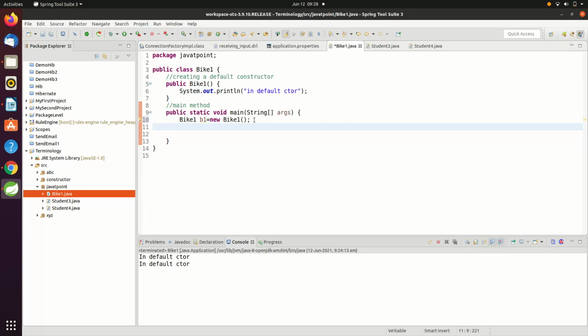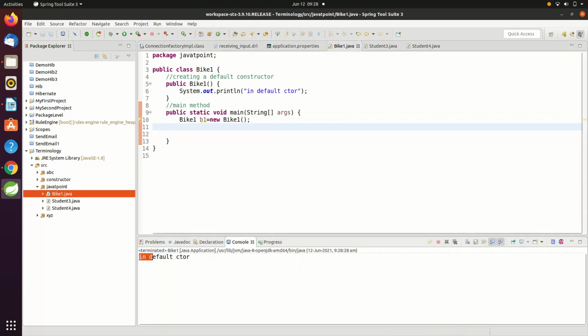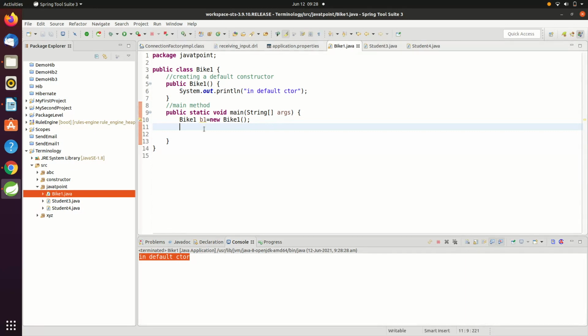Let's first run this program. You can see in the console, the default constructor message is printed one time. Alright, now let me show you one more thing. I will create one more instance of class bike1.